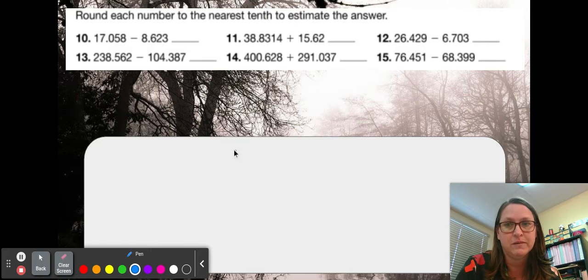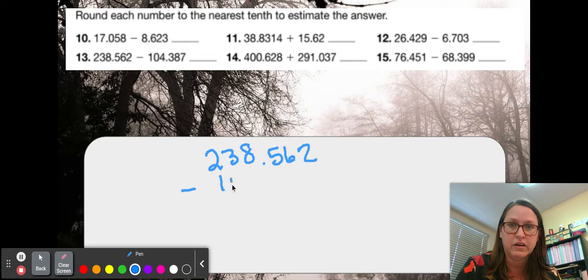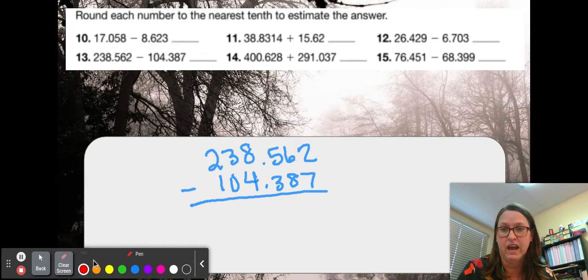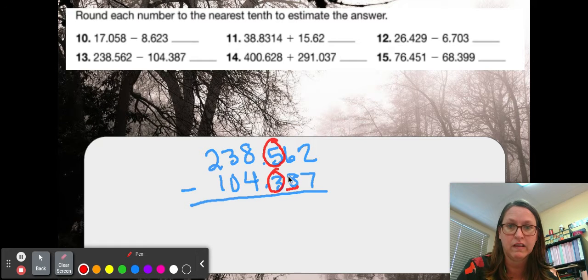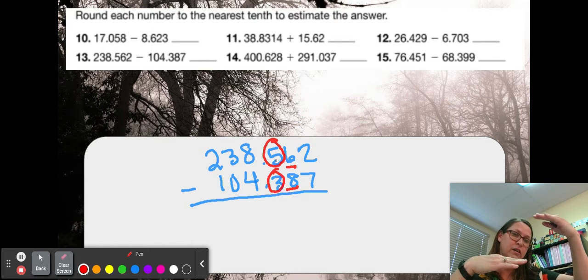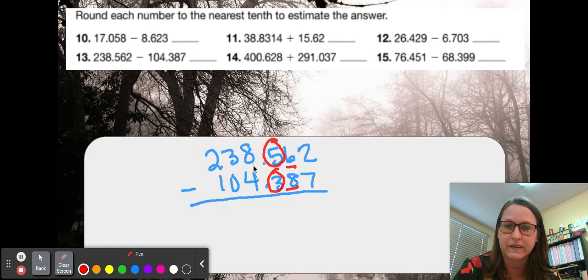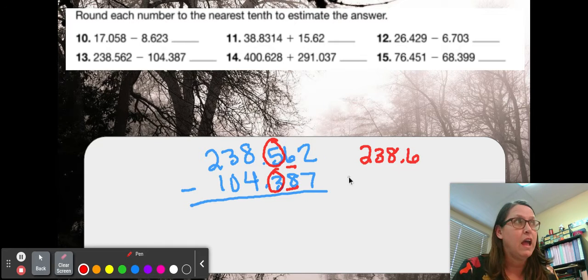Let's do number 13. 13 is 238.562 minus 104.387. First things first, I have to circle my number in the tenths place. So I've got 5 and I've got 3 and I've got to line it here and line it here. 6 is the 5 or more. At this point, I need to raise the score. So my 5 becomes a 6. Otherwise, I'm going to copy everything else. 238.6 and